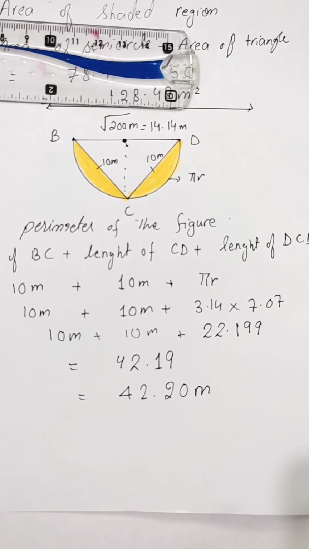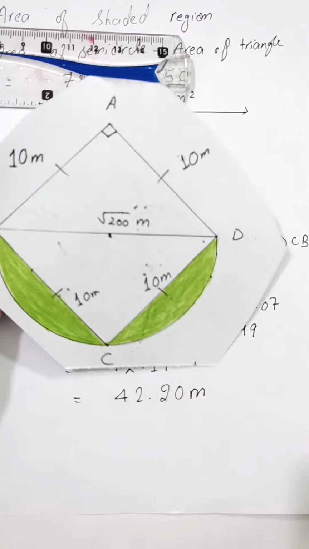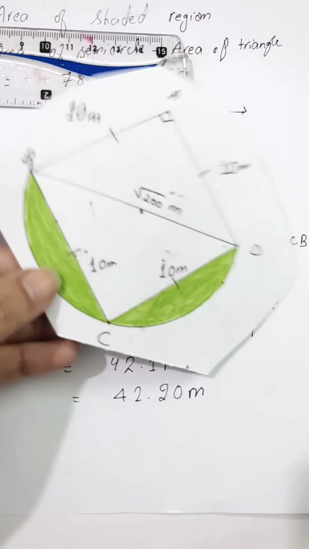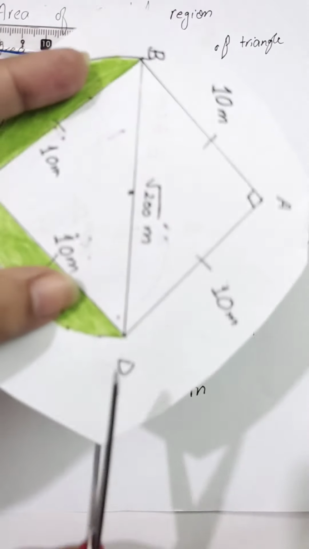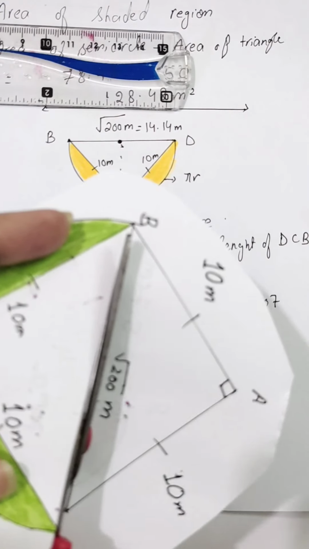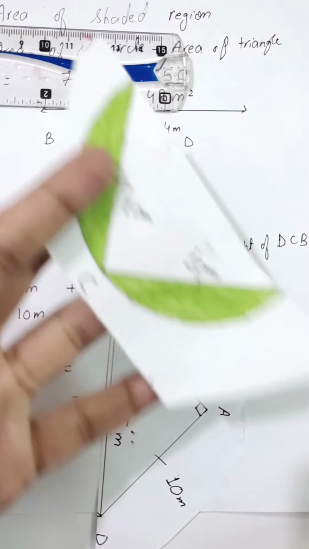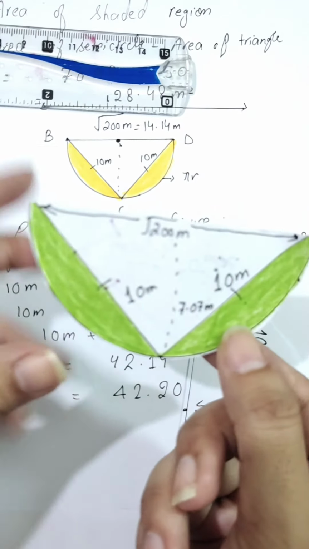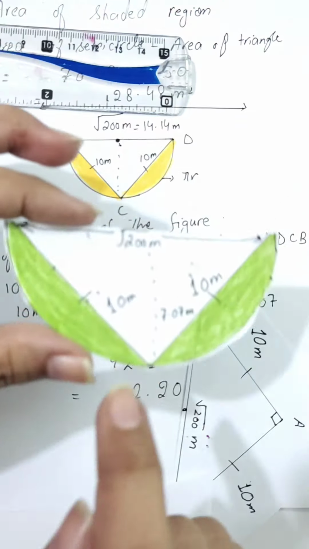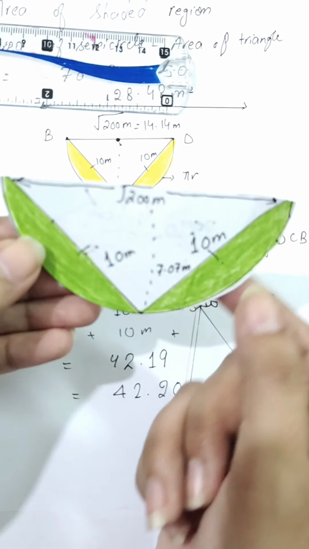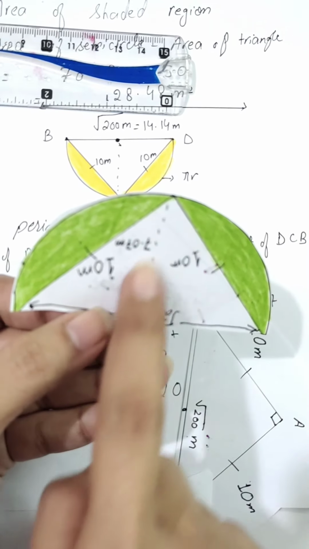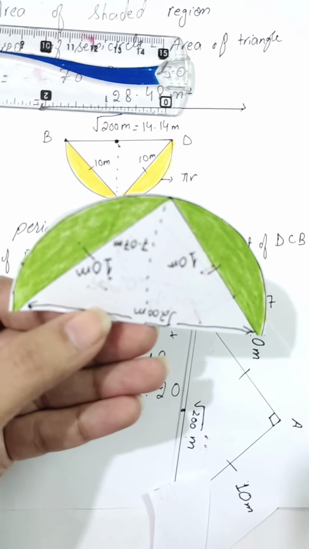And now let's move to the summary of this question. Basically, this is our today's question. We have to find the area of the shaded region. First of all, I will cut it into the semicircle. We will solve our question in this part. First, we will find the area of the semicircle. Then we will subtract the area of a triangle. This is the triangle inside it. So we will subtract it.